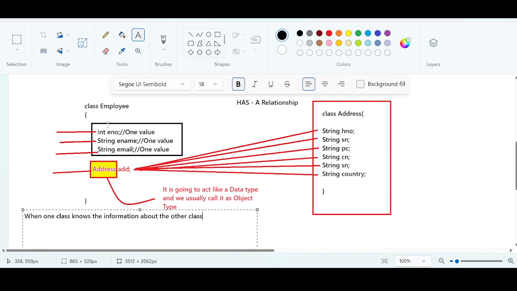Do you think class employee knows the information about the other class, which is address? Okay, then we call it an association. Get acquainted with this association. We'll come to this point once again. And to achieve this, we use what? We use a